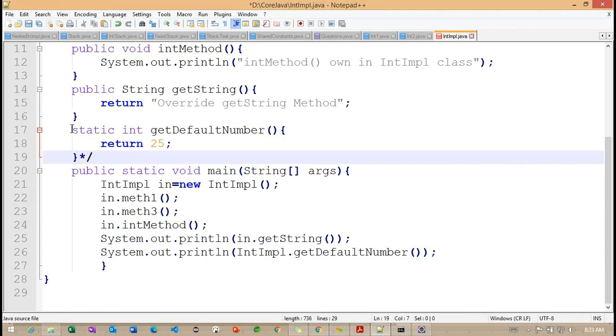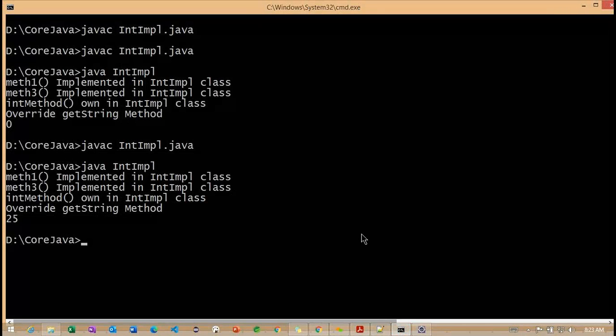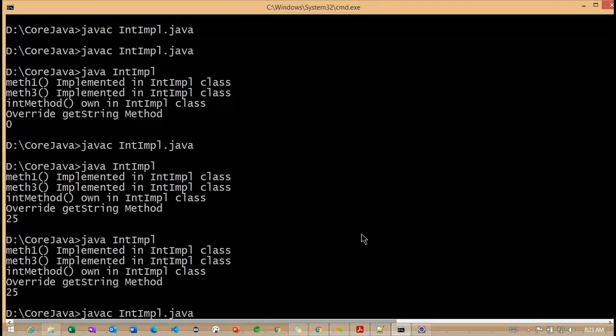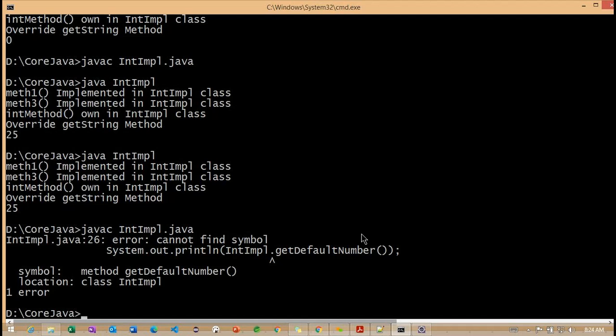Now see, if I comment out this particular method, now you can see we are getting an error here. The method is not found.